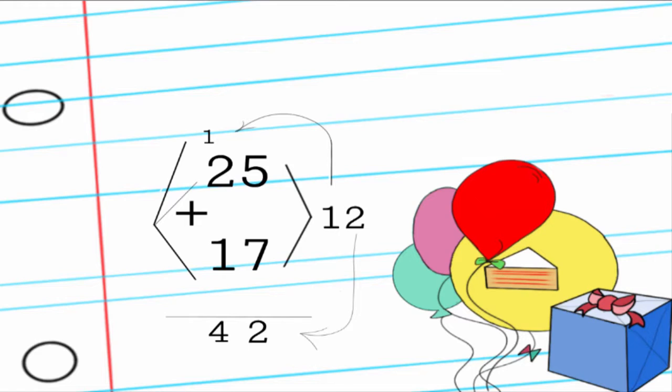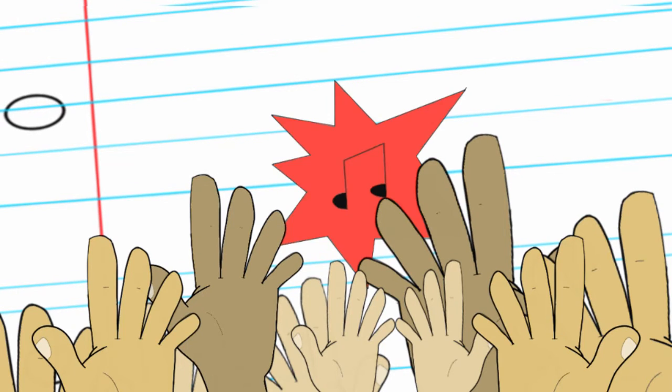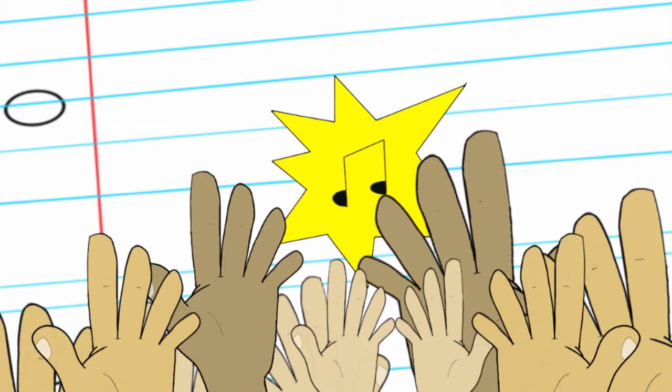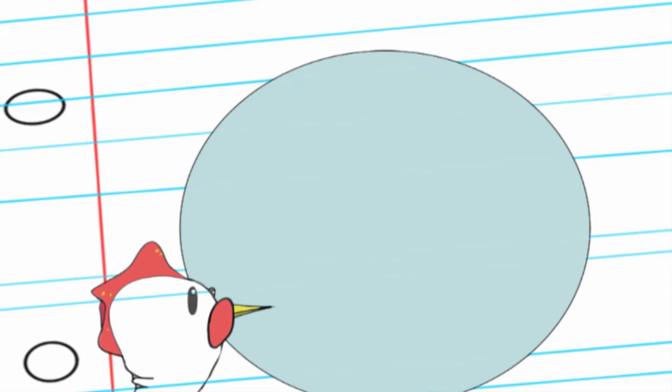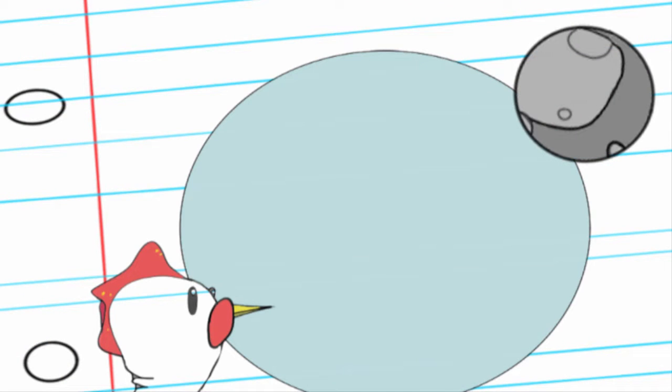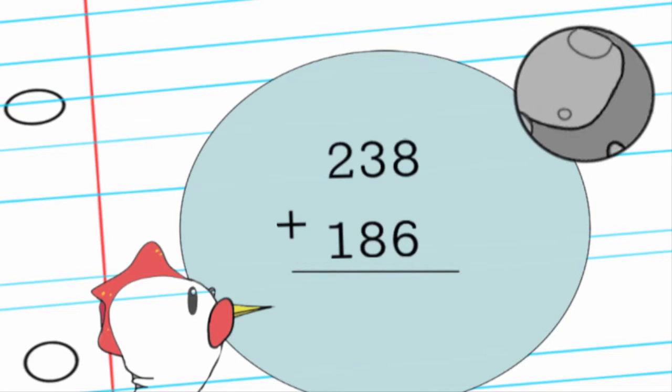Let's take a look at another example with perhaps some bigger numbers to see what we can do. Imagine that there's a concert that we're going to, and the concert promoter wants to figure out how many total people went to his concert between the morning show and the afternoon show. So as we start to illustrate example 2, we want to think about 238 people at the morning show with 186 at the evening show.